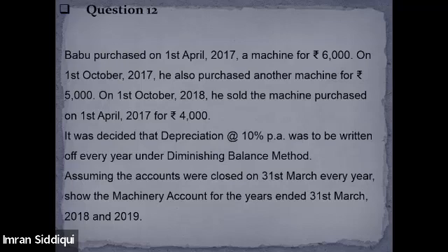It says Babu purchased on 1st of April 2017 a machine for rupees 6,000. On 1st of October 2017, he also purchased another machine. That means in the same year, he purchased one more machine for rupees 5,000. On 1st of October in the next financial year, 2018, he sold the machine purchased on 1st of April 2017 for 4,000. It was decided that depreciation at 10% per annum was to be written off every year under the diminishing balance